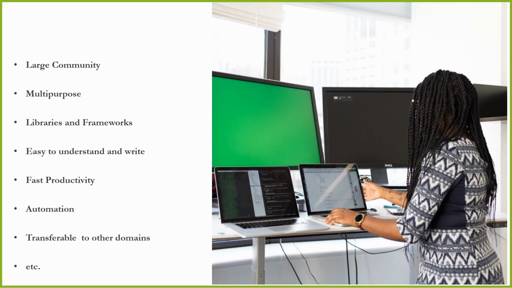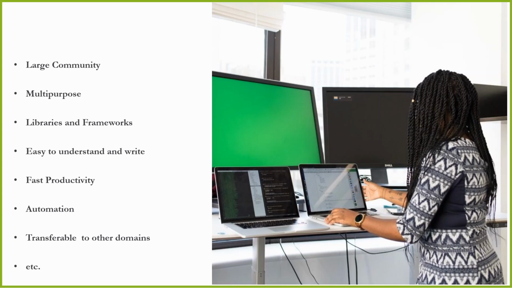And then in companies, it usually means fast productivity. That one really matters. For example, if you have 1,000 satellite images and you want to do a clipping, rather than doing it manually, you can just write a script to clip every image using this shapefile. That's an example, and it's a quick process, which also leads to fast automation.